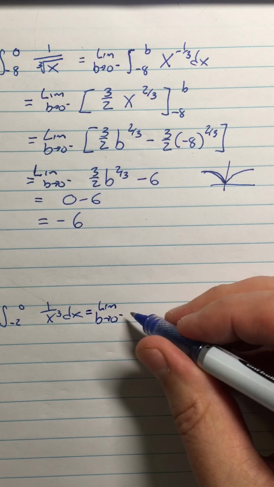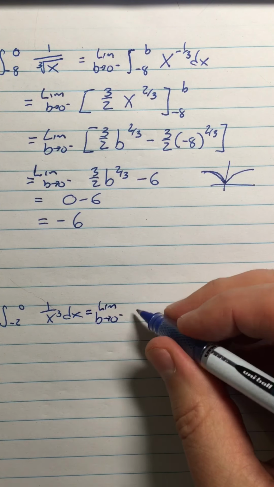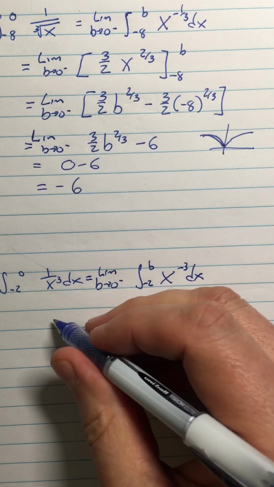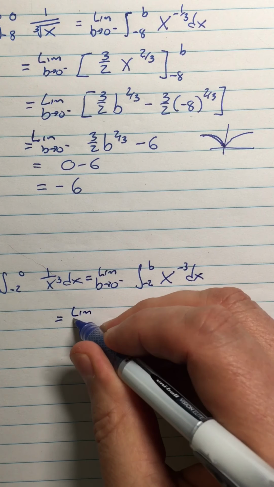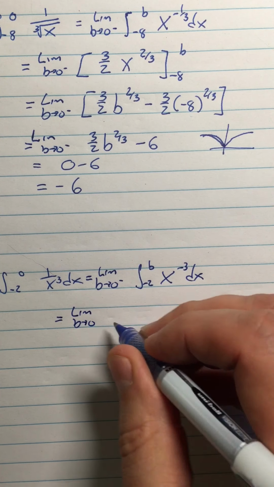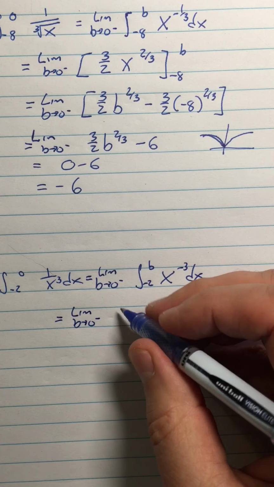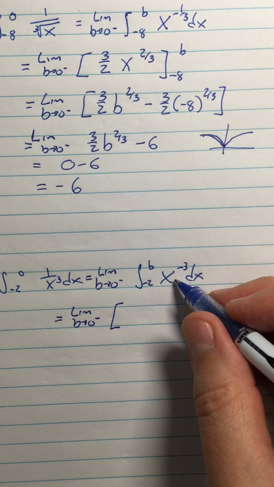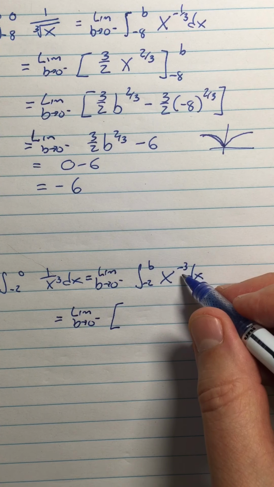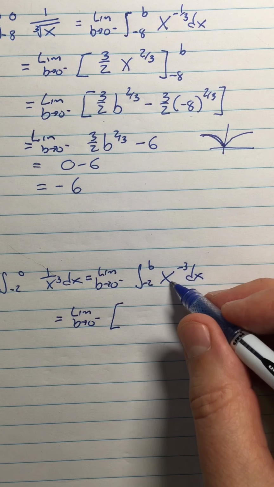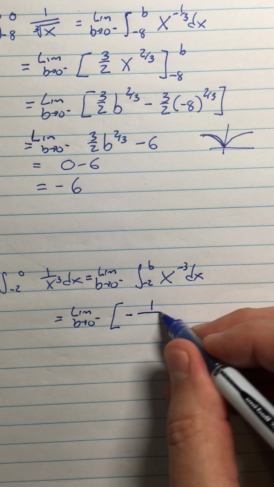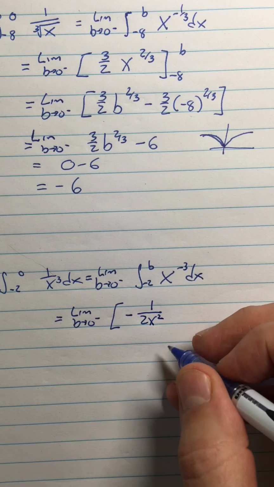this is all the key, is just writing this as a limit of the integral from -2 to b of, and we'll write this as x to the -3rd so that we can integrate it, and that is equal to the limit as b approaches 0 from the left of, let's see, so this is going to be negative x to, it's going to be x to the negative 2 divided by negative 2. So that's going to be negative 1 over 2x squared, right, from